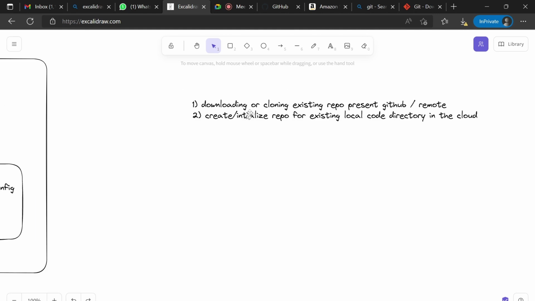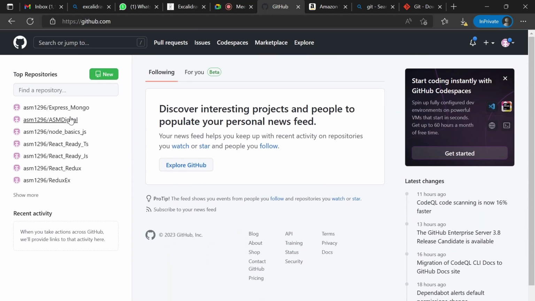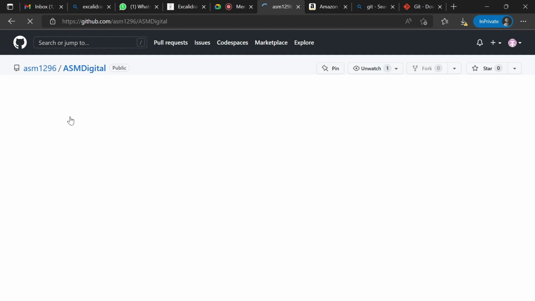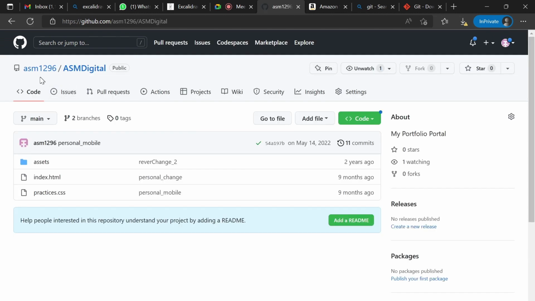So first we will check this thing, download or clone. I will go to one of my codes. So this is my repository, asm, this is the username, and inside that username this is my repository. This is the existing repository.